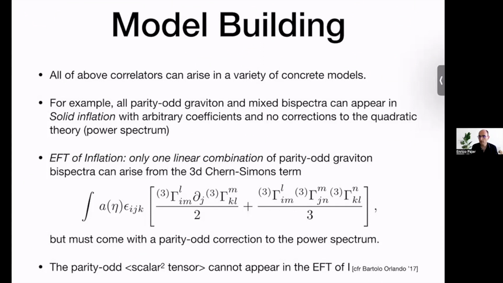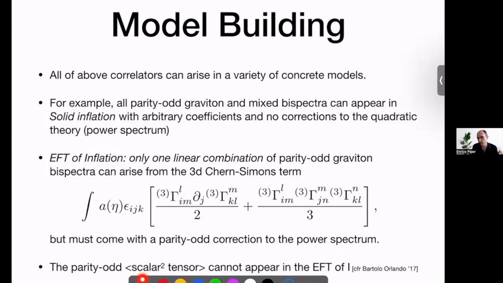Okay, so far I never wrote down a model, right? It was all just unitarity, locality, just talking about the observable. So what can I actually obtain this thing from a model? And the answer is yes, as you would expect. In fact, there is a large class of models called solid inflation, and all of the